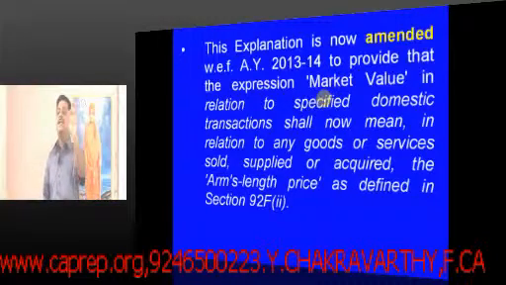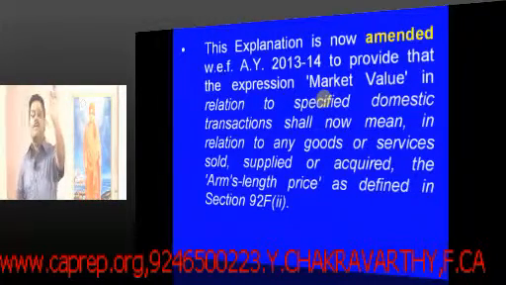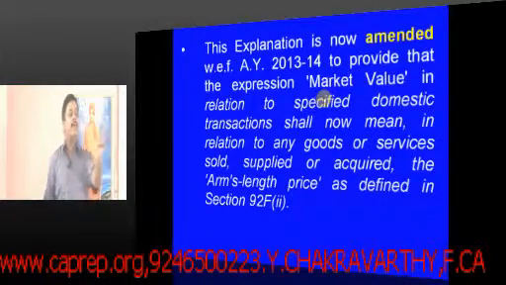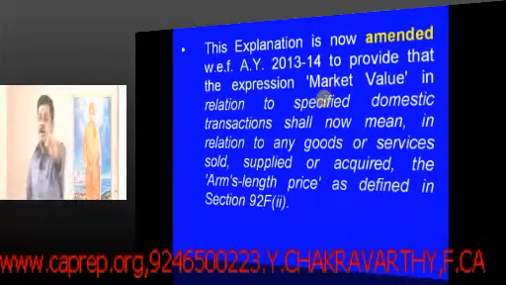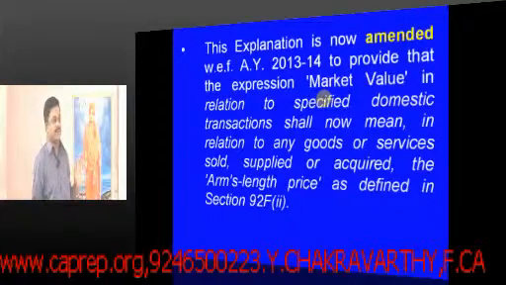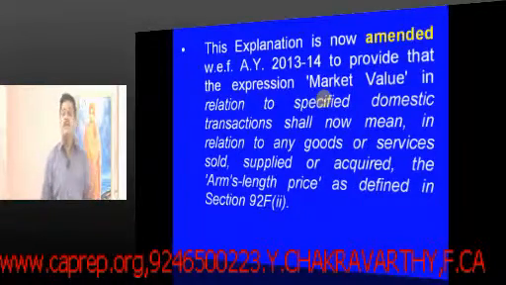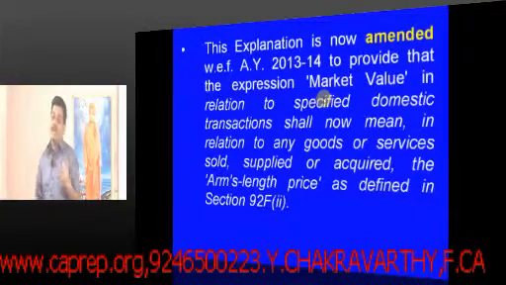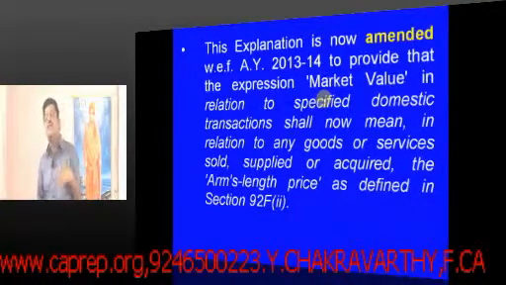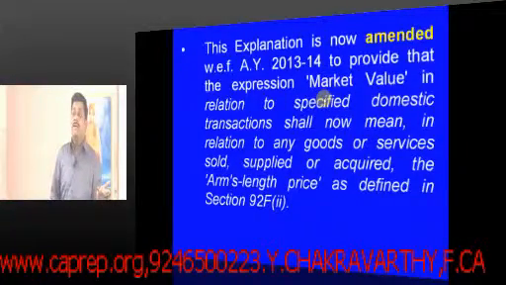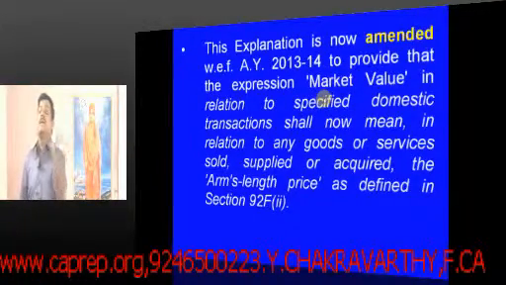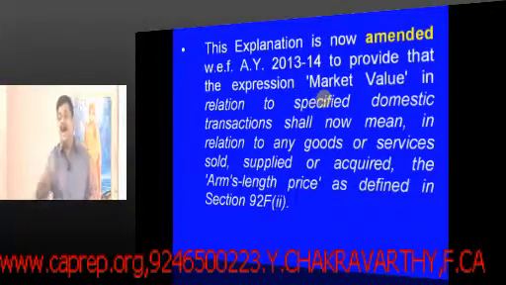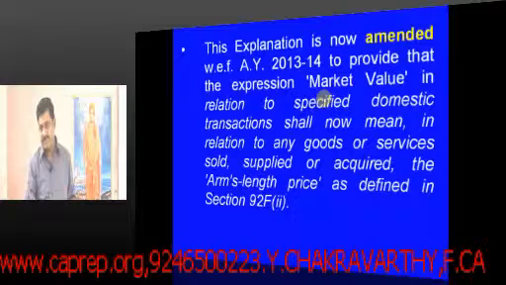So wherever in the law, earlier we used to say fair value, fair market value, now we have brought in the place of the fair market value, arm length price. Why? Because it is difficult to ascertain what is the fair market value. Whereas if you say arm length price, the assessing officer can always refer the matter to the transfer pricing officer, who is going to decide what is the arm length price.